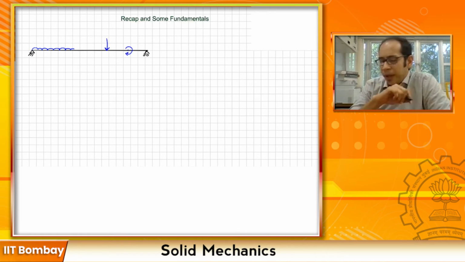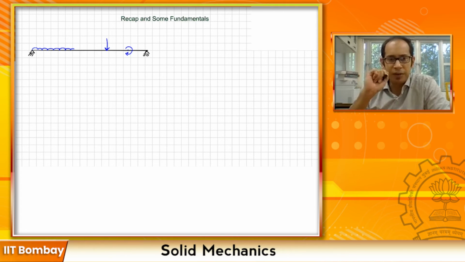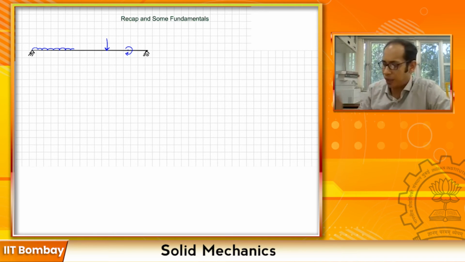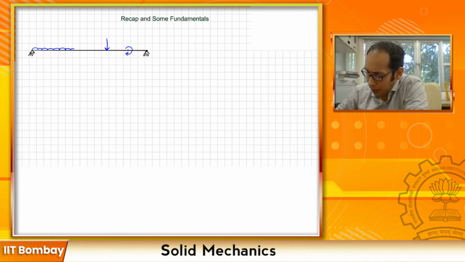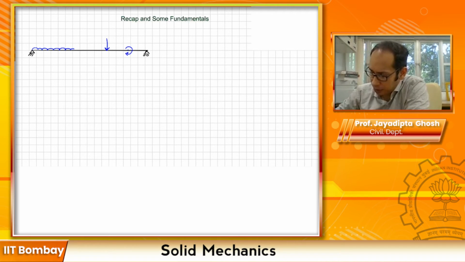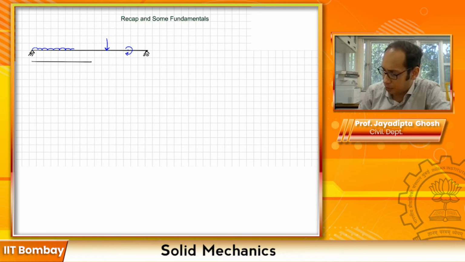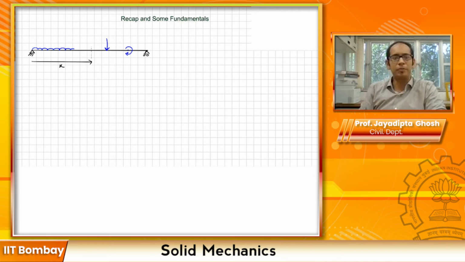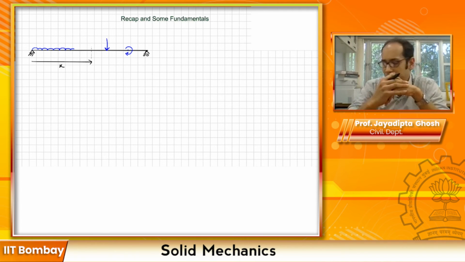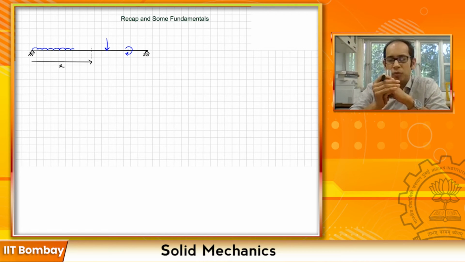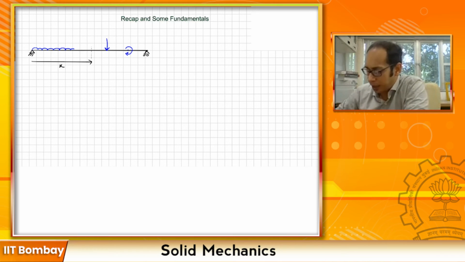Now, when we are going to find the value of the shear force and bending moment at any section of this beam, maybe at a distance x from, say, the left end over here, suppose I am trying to find the shear force and the bending moment at this distance x. So to find them, as we did in the introductory lecture on this topic, I can only consider the left hand part of the beam.